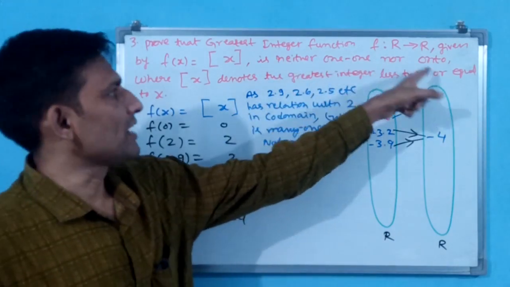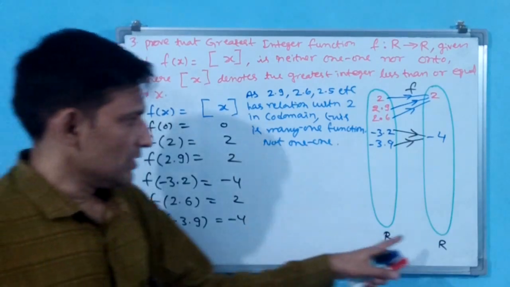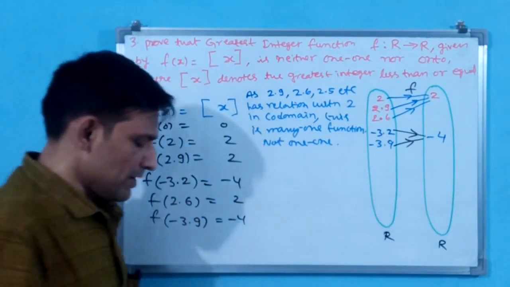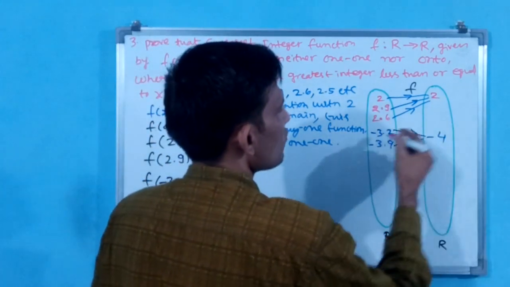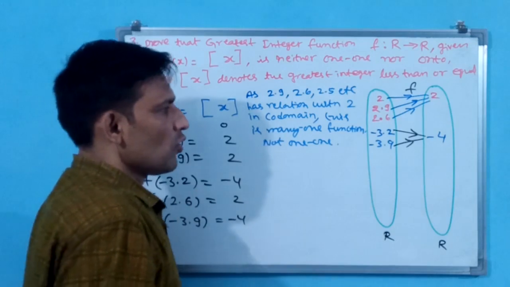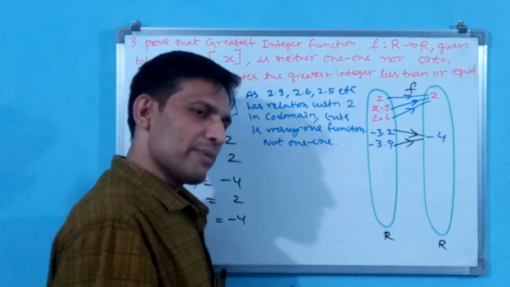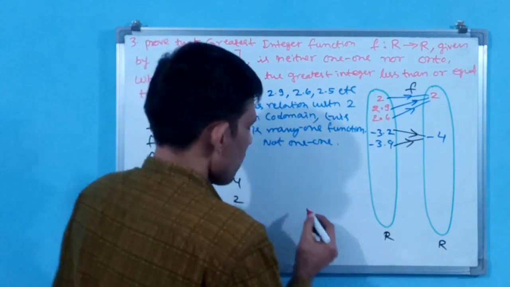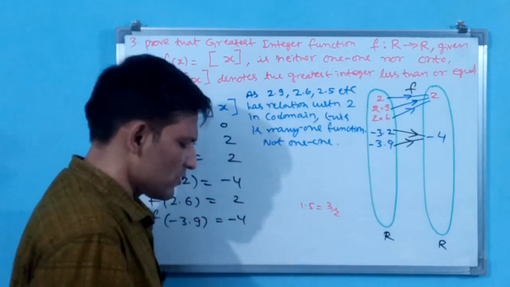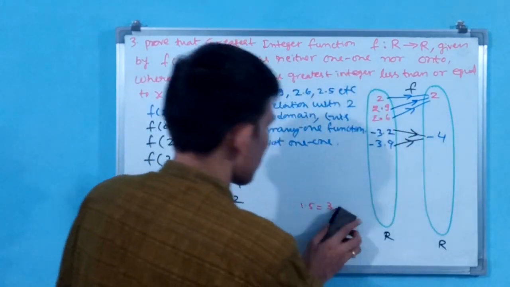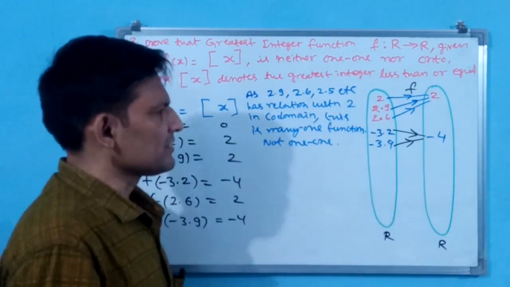Now we go for the onto function. Okay, now you tell me, this is a real number. Real number means other than 2 and minus 4 there are more numbers. Here also 2.3 will be there. Here we have given digits, but if you convert, automatically this rational will come. See, 1.5 we also can write 3 by 2. Even if you write 1.5, that is not wrong for real number. But ultimately, as a rational number, you have to show. Okay, let me write that also.